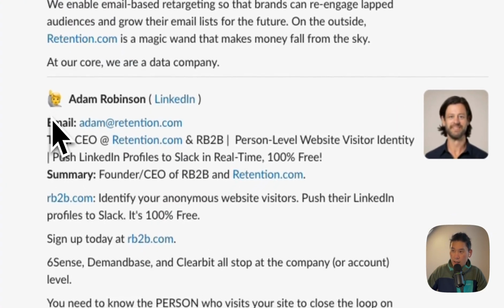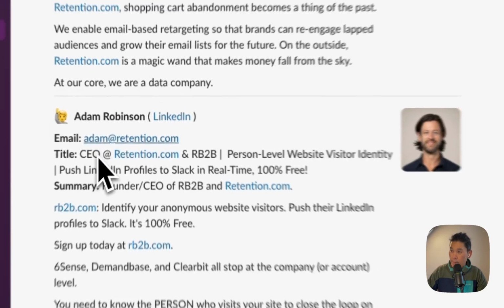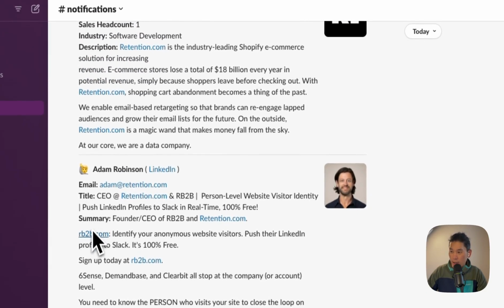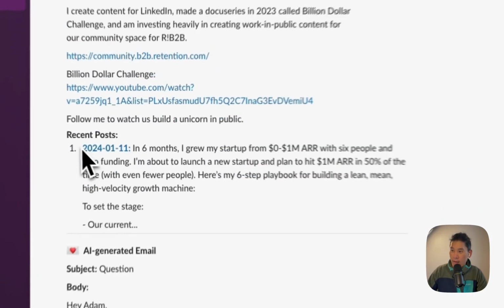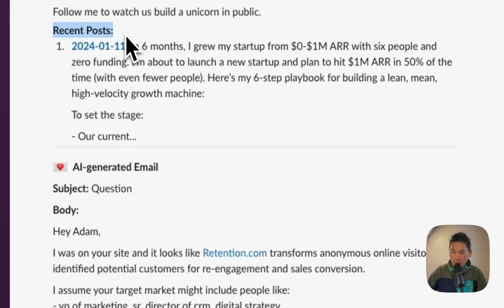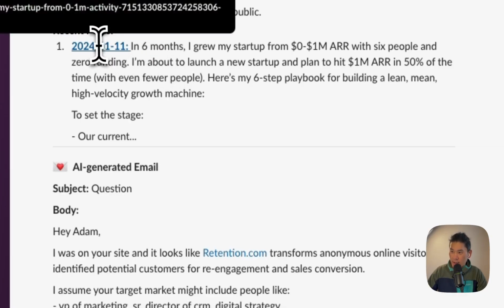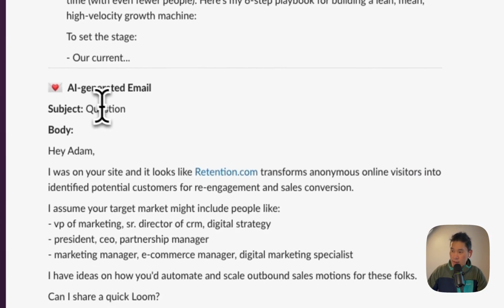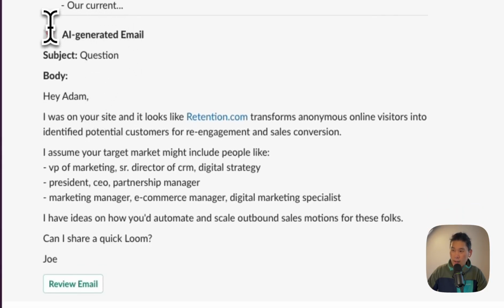So it pulls email that's been enriched by Clay, their title, their summary, really long, and then it also pulls any recent posts that Clay is able to find from that person, and I can click into it to see the recent posts just to get more context if I wanted to, in order to help me write this email, right? So Clay goes and generates this email and says the question subject, and then the body is, "Hey Adam,